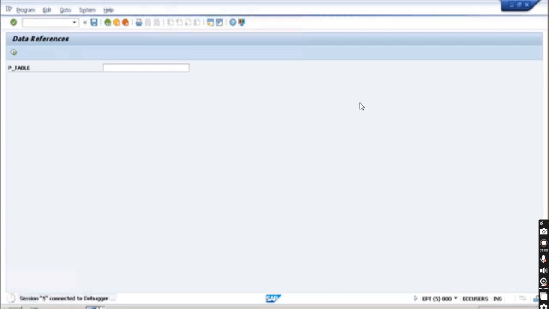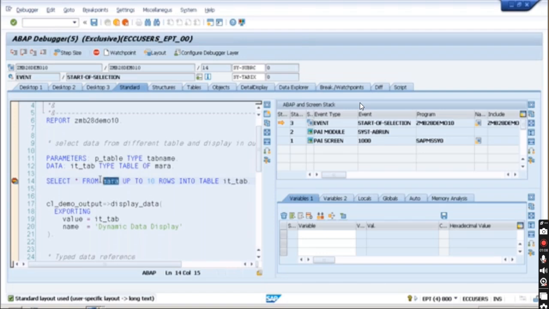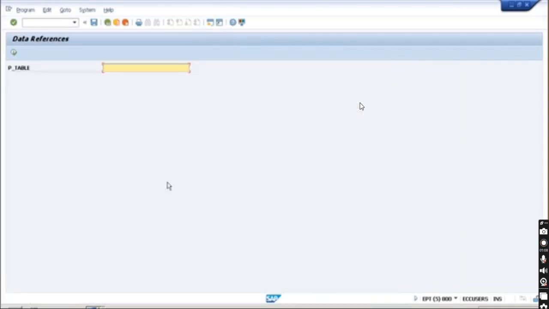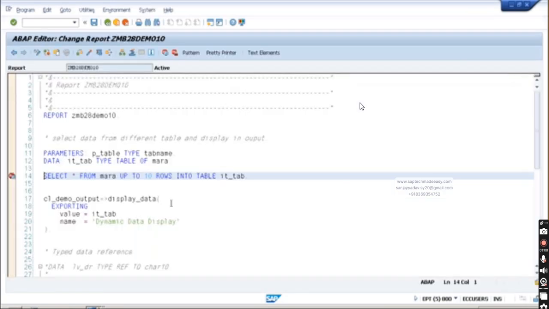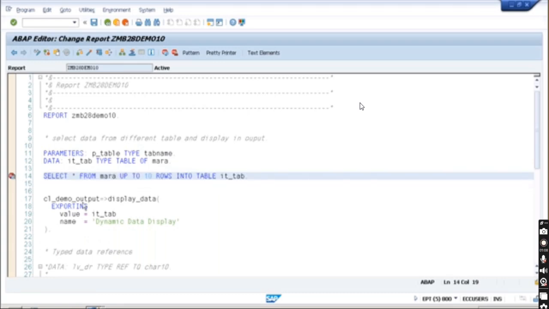Once again press F8. Here I'm not giving anything as of now, I'm directly selecting the data from MARA. Press F6, and when you press F6 again, it is showing you the data like this. So here I am hard coding the table, right? I want to put the table here, maybe it can be MARC also, it can be MARD also. So this I want to get from the